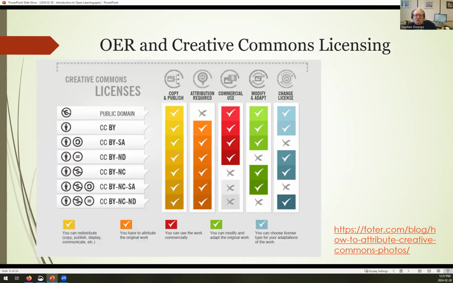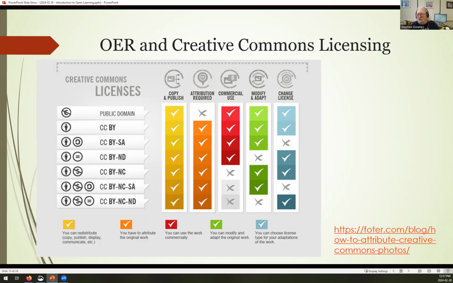Open educational resources are often defined by the licensing that allows them to be reused. This is a chart describing the different types of licensing available using a licensing system called Creative Commons.